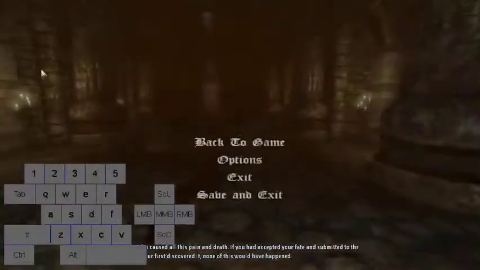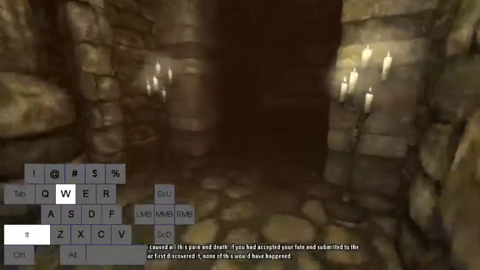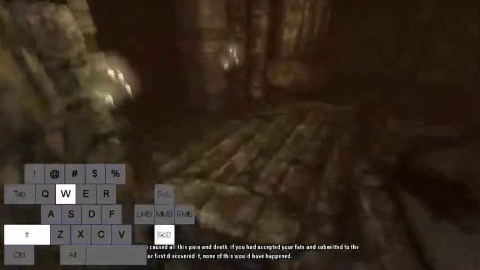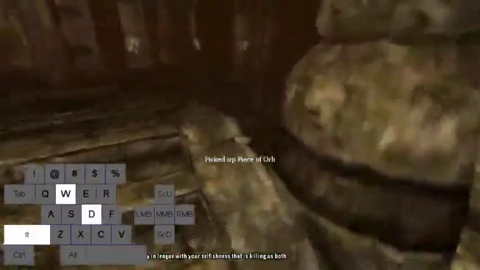If you're low on HP and you feel like you would need a latinum, there is a latinum right here in this corner. You pick that one up. I usually pick that one up just for safety. And then you run into this corner,